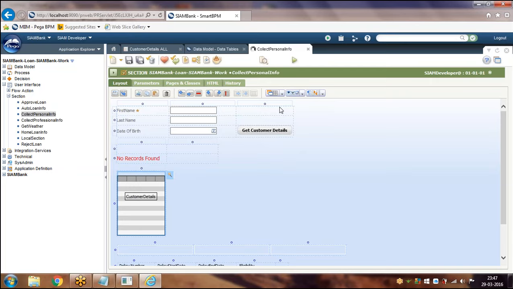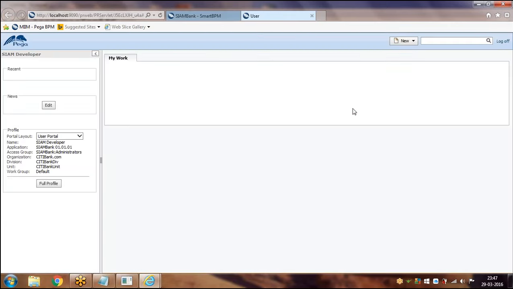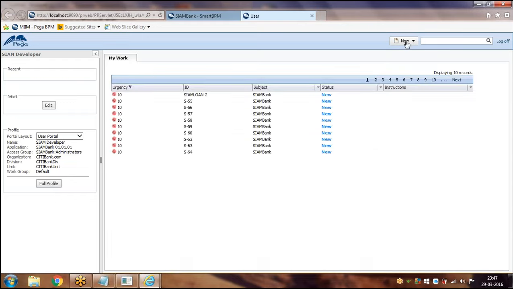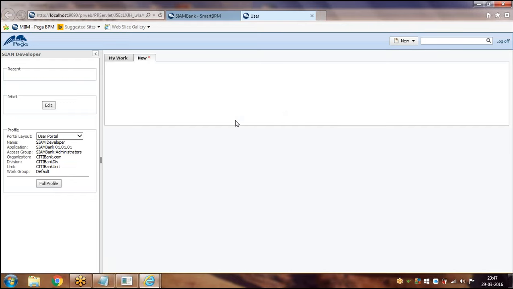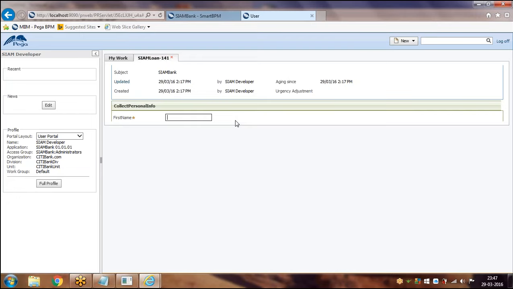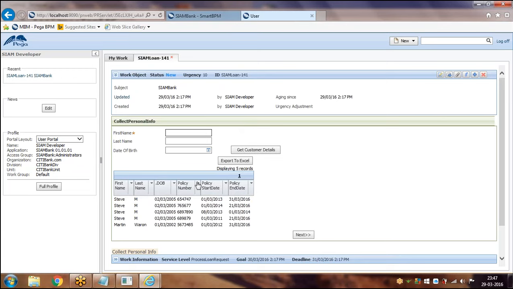The same thing you can show in the flow. Just run the flow. See, it is showing all the data in the UI.